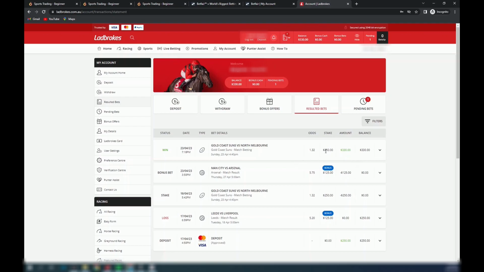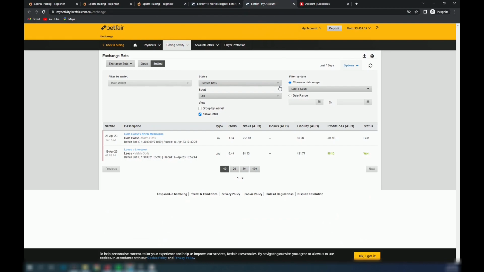And if we head over to Betfair to see what's happened on the other side, we can see that, of course, our lay bet has lost because whenever your back bet wins, your lay bet will always lose. If ever your back bet loses, it means your lay bet will always win. They can never both win or lose. That's the nature of back and lay bets. That is the nature of a trade. So our lay bet here has lost,